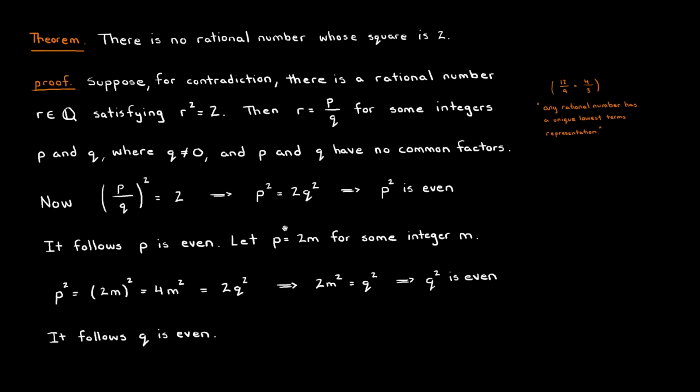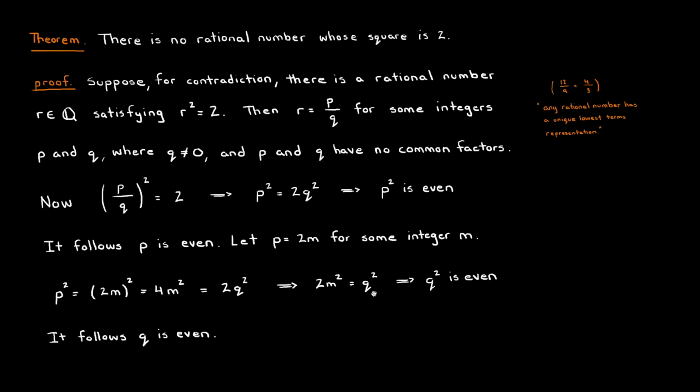Okay, so now let's go back to this equation. And actually, let's work with this one here. P squared is equal to 2q squared. And let's plug in this representation that we have for p. So instead of p, I'm going to put 2m here, and I'm going to simplify. So p squared is just equal to 2m squared, which is equal to 4m squared. And all of this is equal to the right hand side, which is 2q squared. And so now notice over here I can divide both sides by 2 and I'll get 2m squared is equal